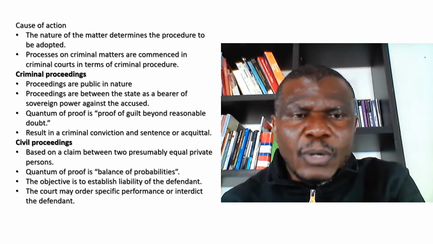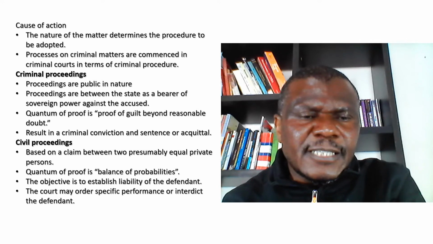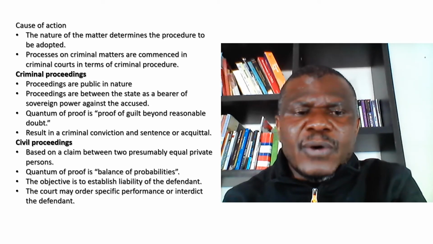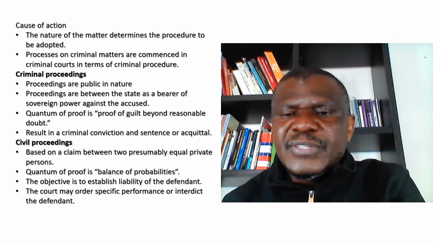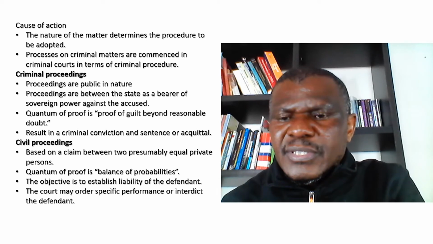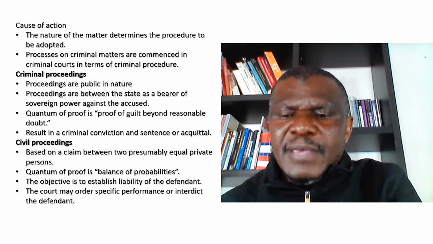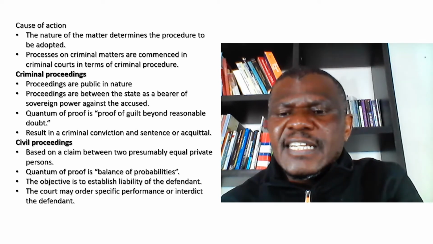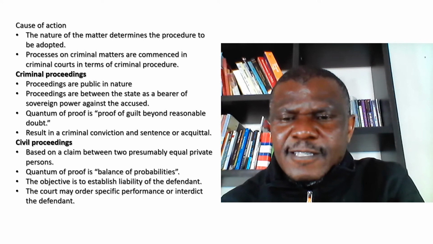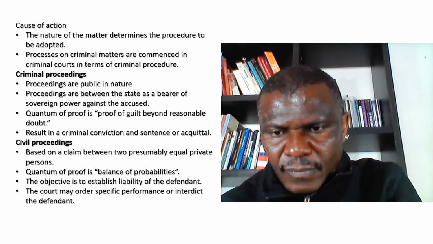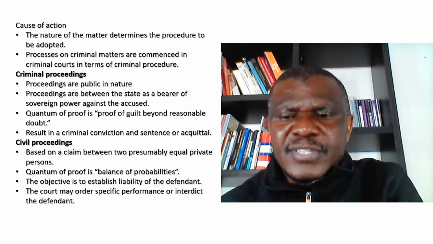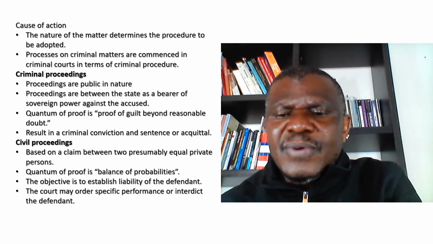And then, so much about criminal proceedings. Now we can look at the civil proceedings, where we are saying they are based on a claim between two presumably equal private persons. Why are we saying they are presumably equal? Because in some cases you find that their resources are different, and in some cases the state can be a subject of civil litigation. In that case, it still remains the state. For us to assume that the state, which is maybe brought before a competent court, let's say by a civil servant as an aggrieved employee, and that civil servant are equal